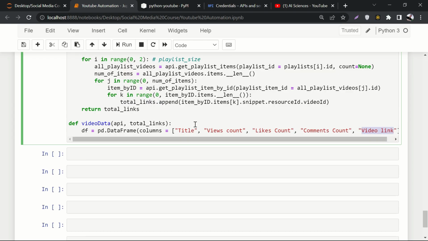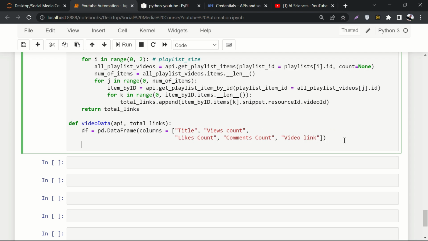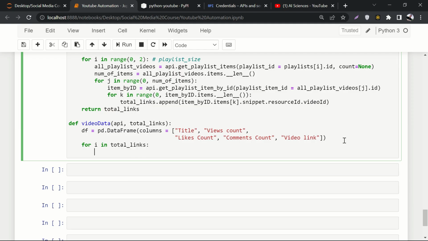Right, so we need these many columns, right? Let me try to write it in one line. Looks fine. And then simply a for loop. So for I in total links, which is going to be a list, right? So here what we are going to do is we'll say video by ID equals to API dot get,